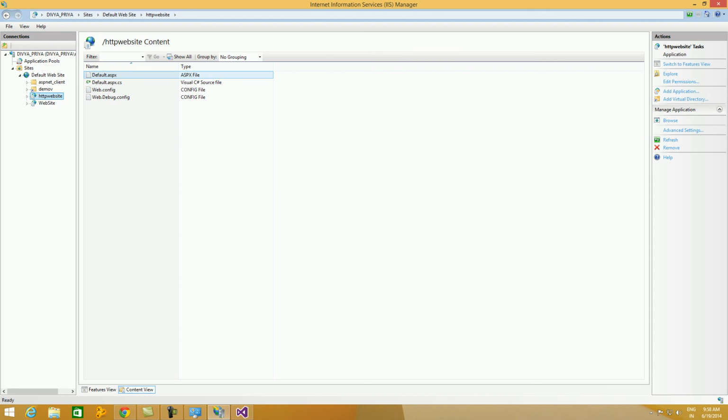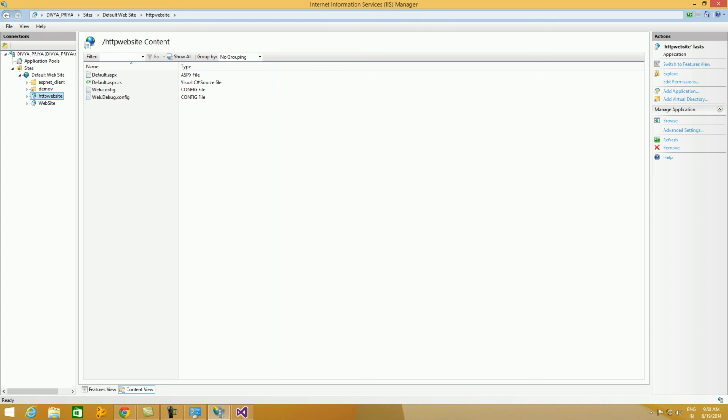We have default.aspx, default.aspx.cs, the web.config file and the web.debug.config file. This is a new file. Previously there was no such file. We had only the web.config file, but now in Visual Studio 2013, we have the web.debug.config file. We'll come to that file later.